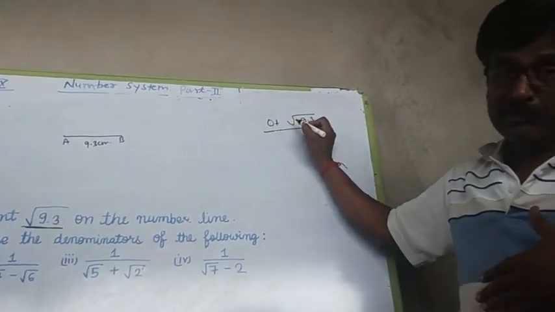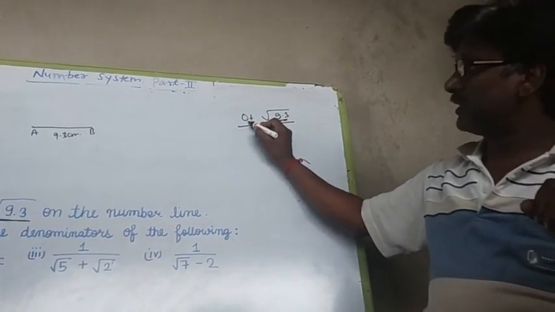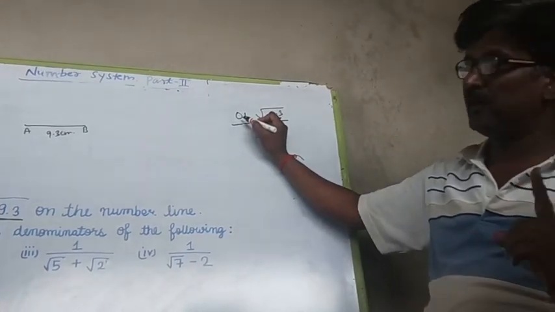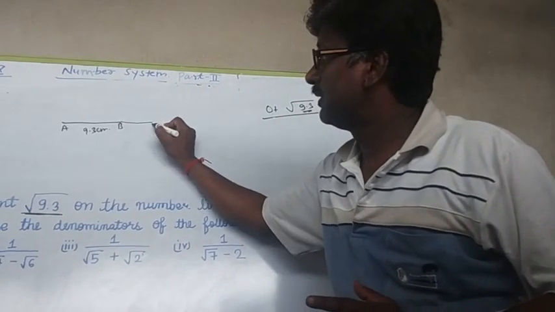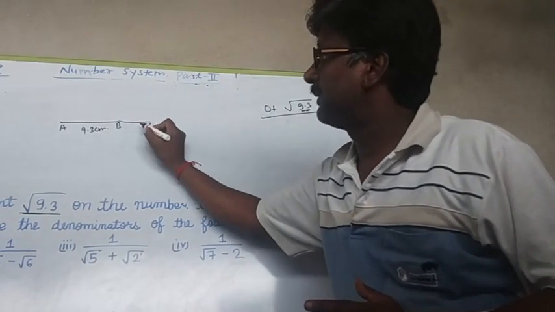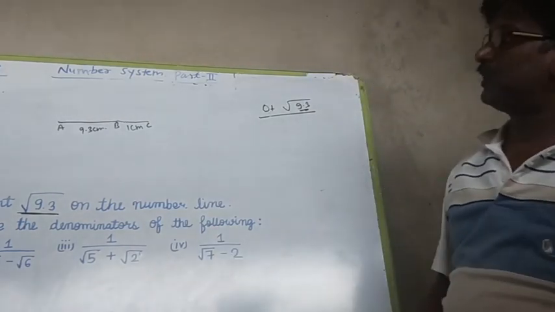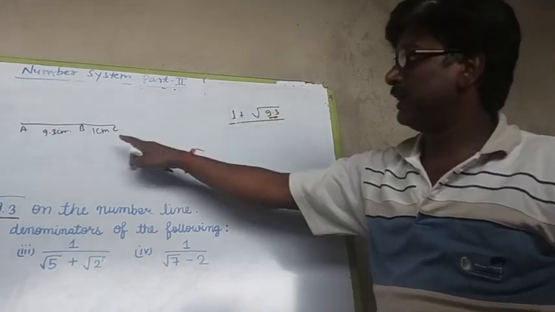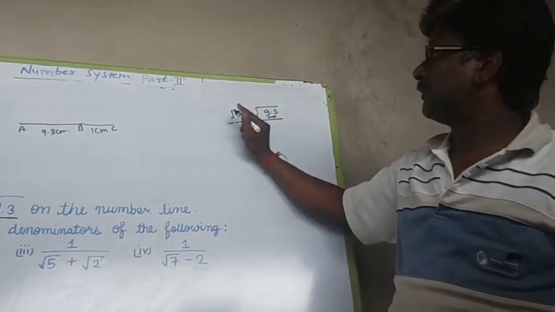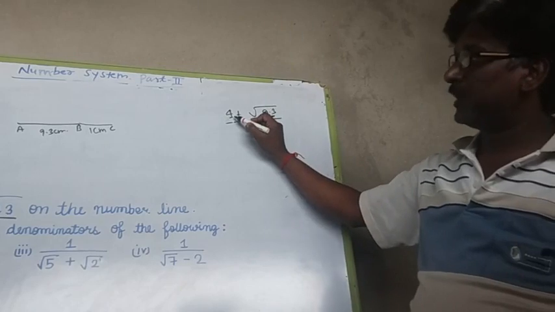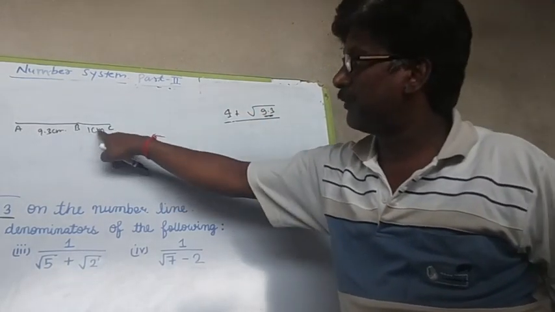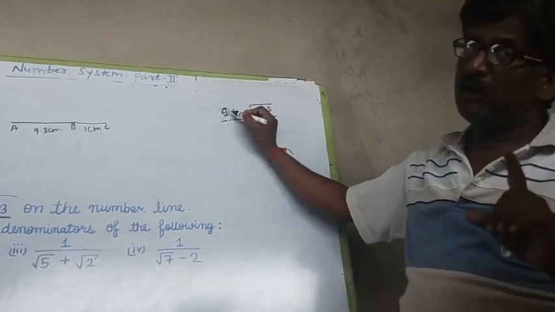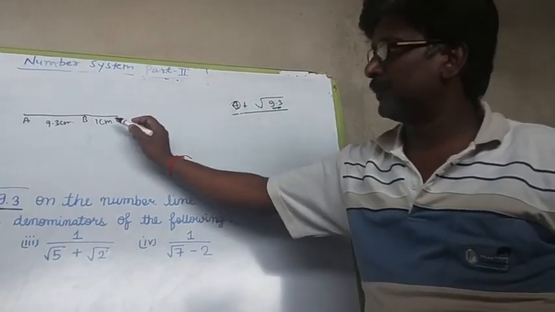And what is added to this number? Just one more than this number must be produced. Since there is 0, 1 more than 0 is 1. So we have to produce AB to C such that BC is equal to 1 cm. Suppose in any question there is 1, then 1 more than 1 will be 2, so BC must be 2 cm. Suppose there is 4, then 1 more than 4 is 5, and in that situation we produce BC 5 centimeters. But actually here there is 0 and 1 more than 0 is 1, so I have produced only 1 centimeter.